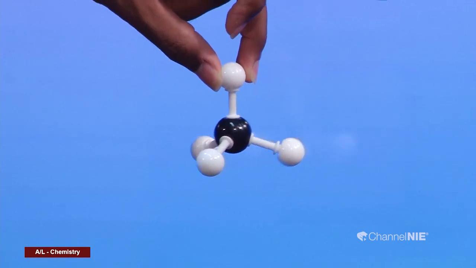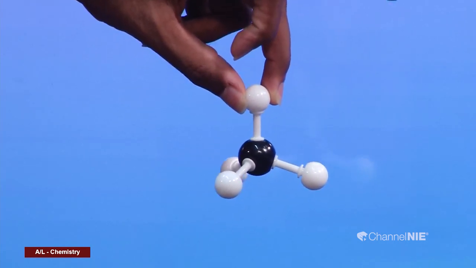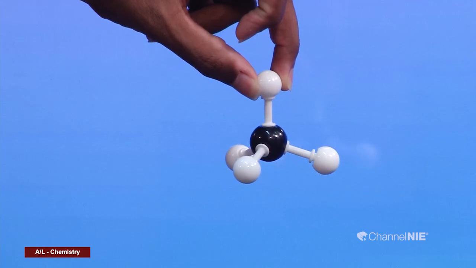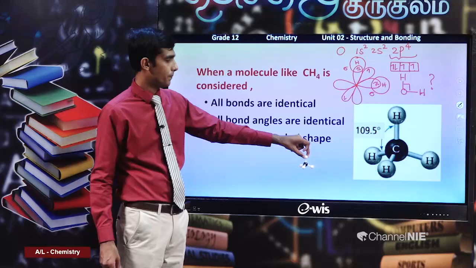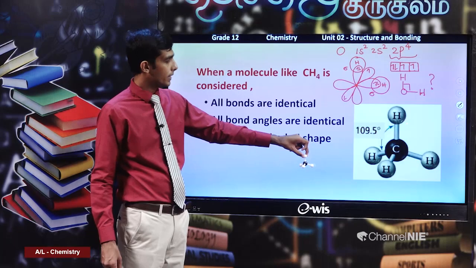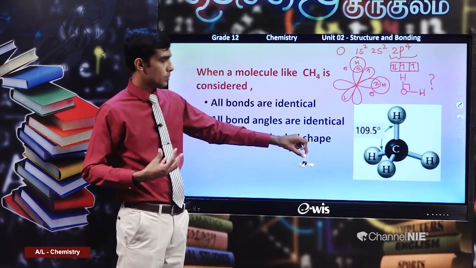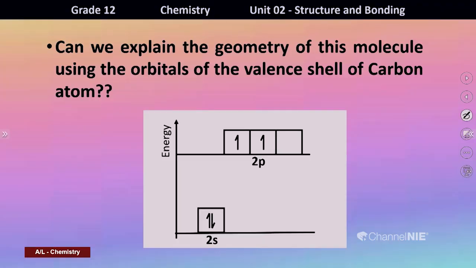But the problem is we cannot explain the way this type of molecule is formed by a carbon atom. Let's see why it cannot be explained. Now, the carbon atom ground state configuration is like this. When you consider the excited state of the carbon atom,